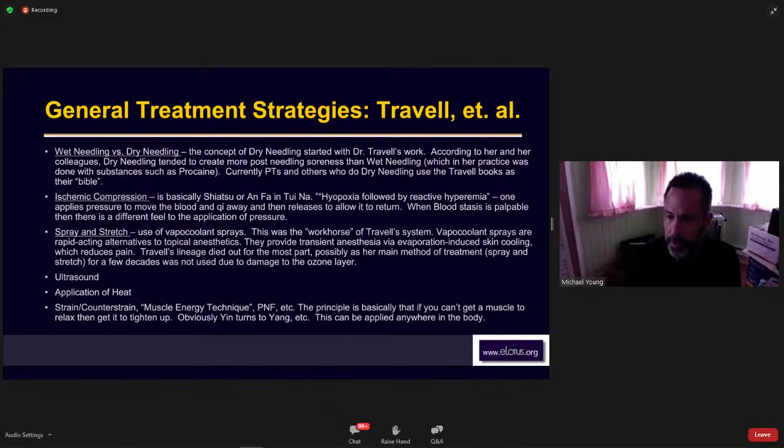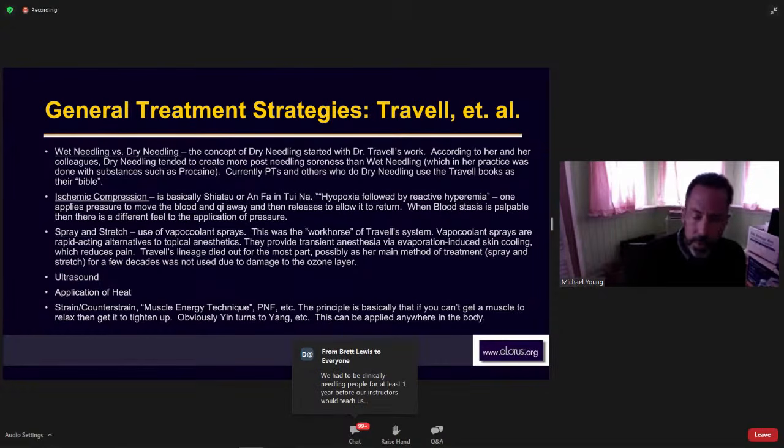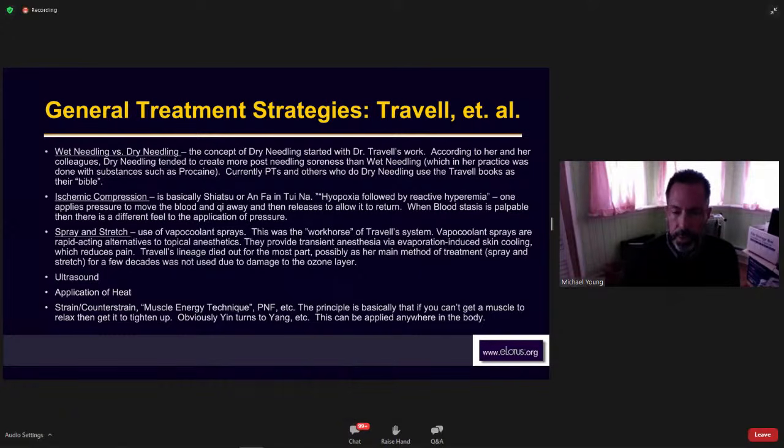They provide transient anesthesia via aspiration. So yeah, the vapocoolant sprays, I forget how low they get the temperature of the skin, but really, really low. And so it numbs out. As you know, there's a gate control theory of pain, or acupuncture. Only so much information can get in through the sensory neurons to the spine, to the brain. And so if you flood that with vapocoolant spray, then like if you watch the videos of Travell towards